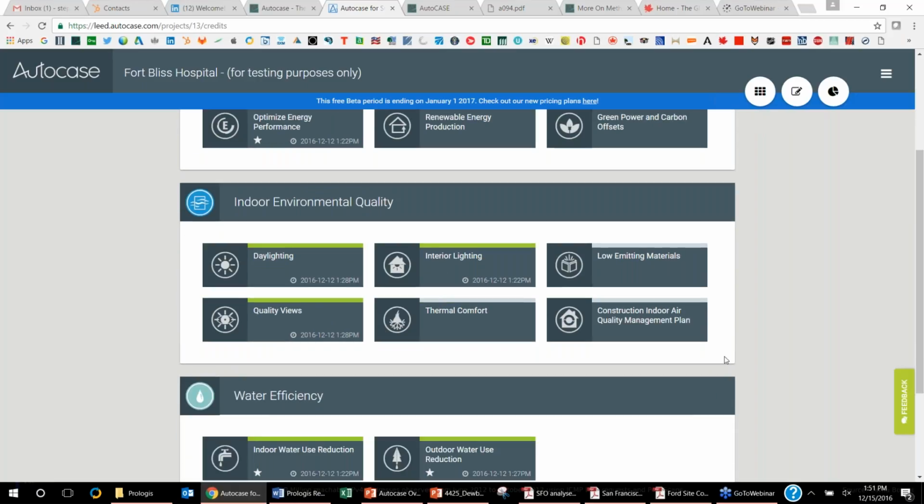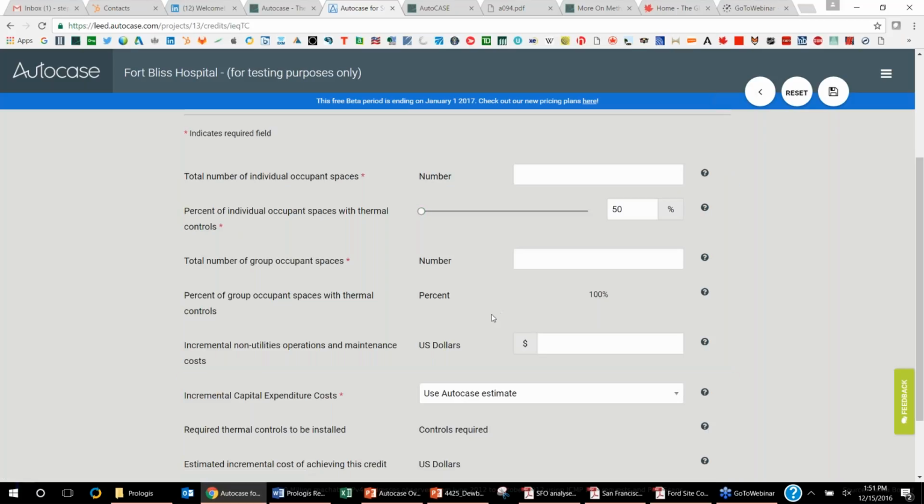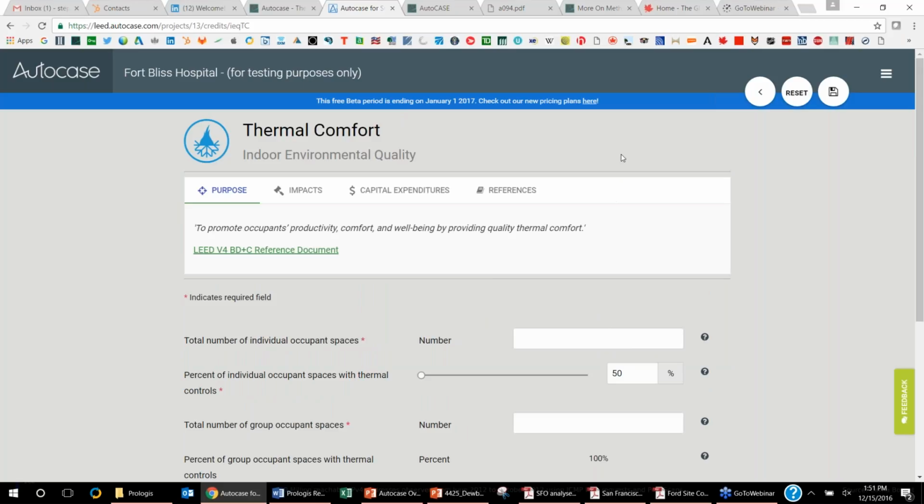Yeah, sure. So I think my screen's still being shown. I was flipping through some stuff in Autocase for Buildings that helps explain that. You can see that there are 6 indoor environmental quality credits here, and those do affect productivity. I just went to daylighting as an example. Things like improved daylighting or thermal comfort provide improved productivity. There are studies that have proven that employees that are more comfortable and have more daylighting are more